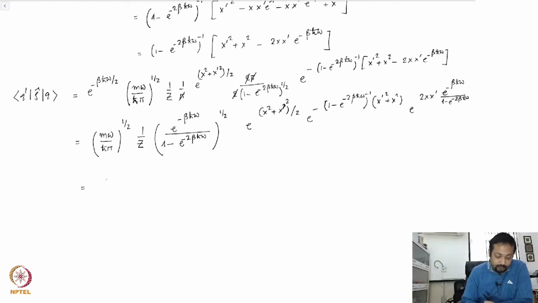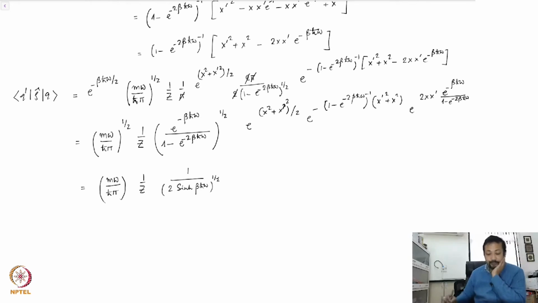So this is going to be m omega over h bar pi times 1 over z. Let's see what this gives me. This gives me 1 over 2 sine hyperbolic beta h bar omega raised to the power half. And then let's first combine these two prefactors. Once you combine these two prefactors, I have e to the power